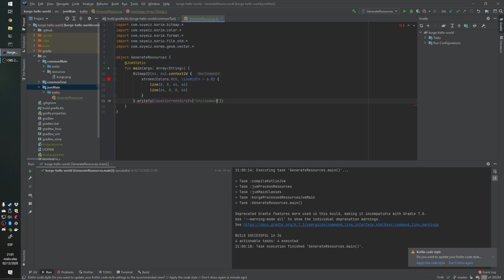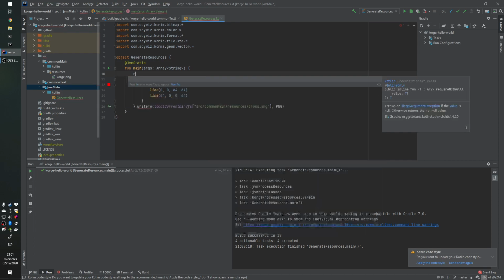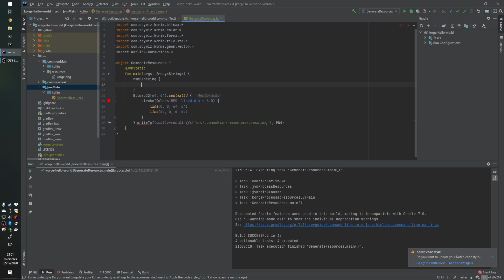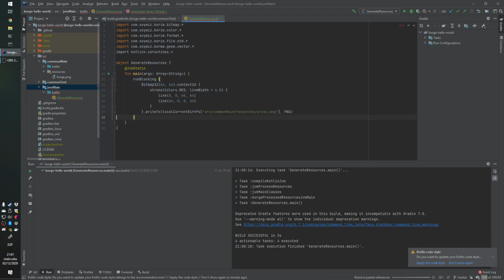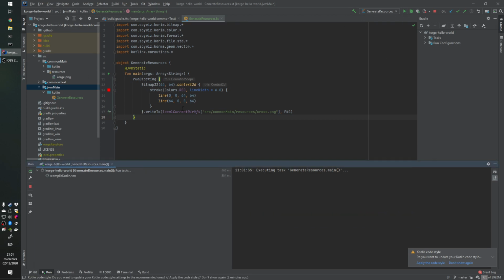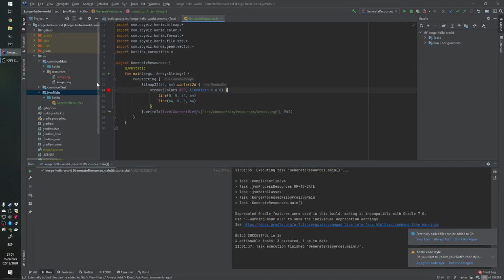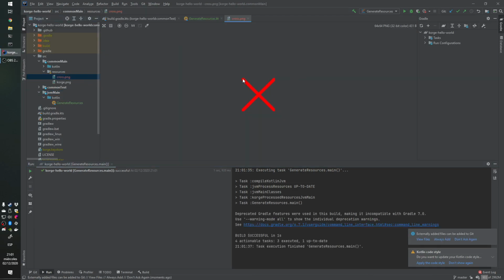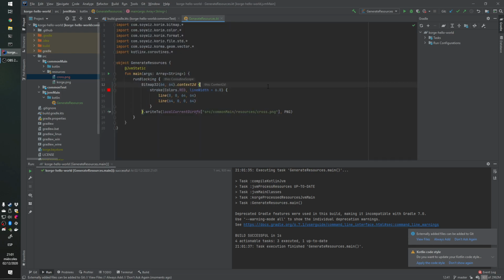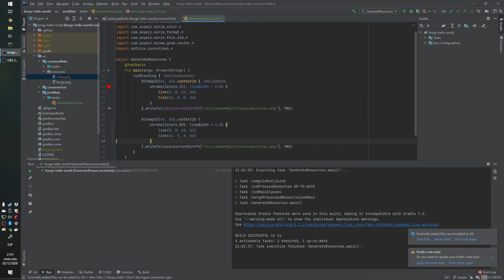So on main resources, cross.png, with a PNG, and I'm going to run blocking this. That's why I used the JVM main here. And now here's the cross, this line and this other line, and I'm going to do the same for the circle,